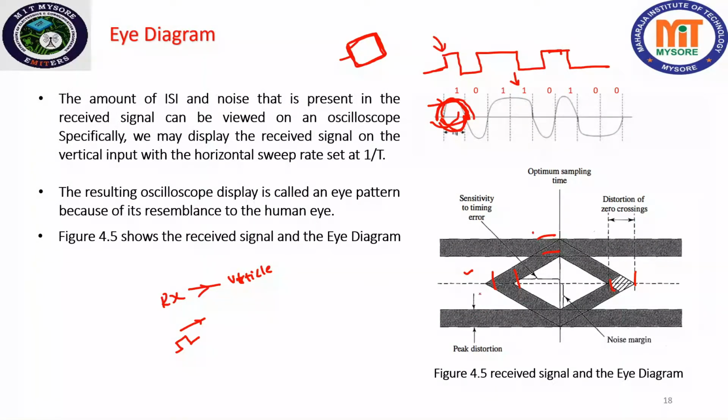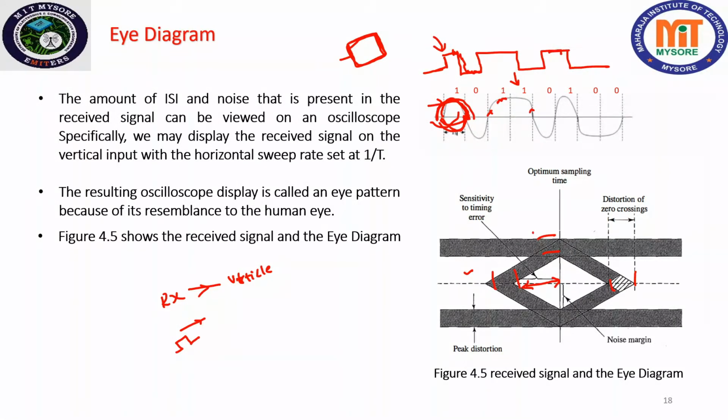figure. So what are these distortions? If you see, there is a peak distortion because there will be noise on the peak of the received signal. Okay, possibility of noise. Then zero crossing distortions are because of asynchronous timing. Here the rise time and fall time are different, it is not the same. Then sensitivity to timing error, which is this distance, the halfway between the peak value and the zero crossing.